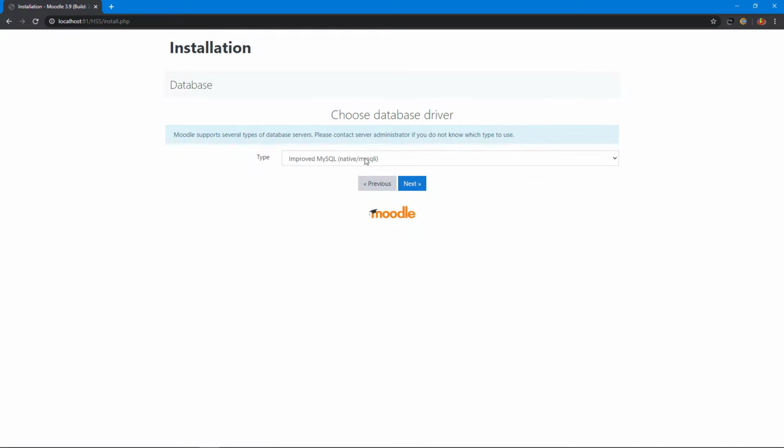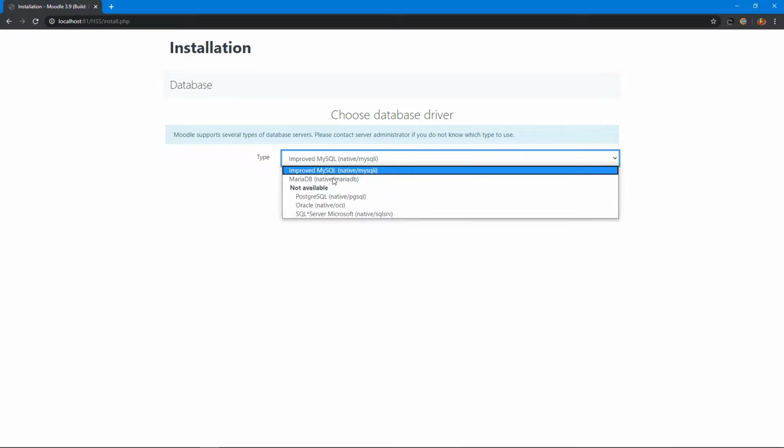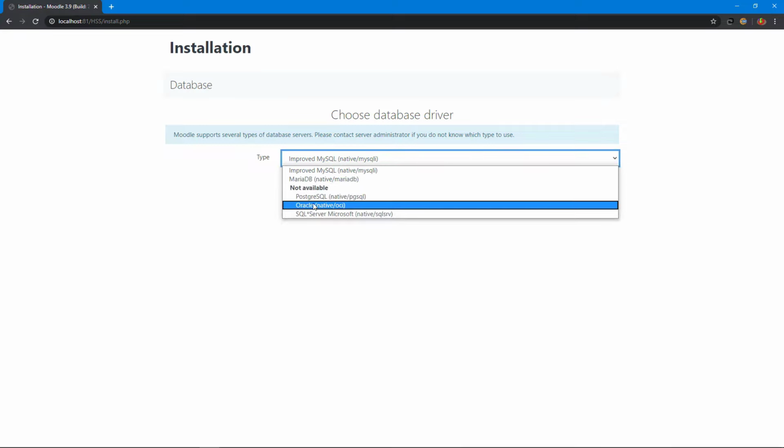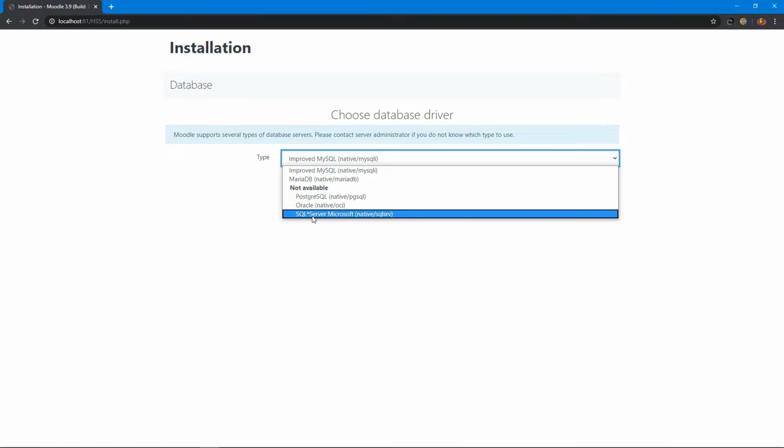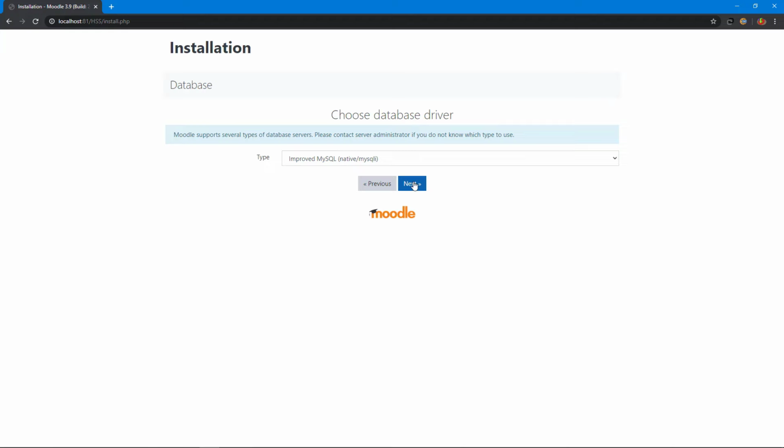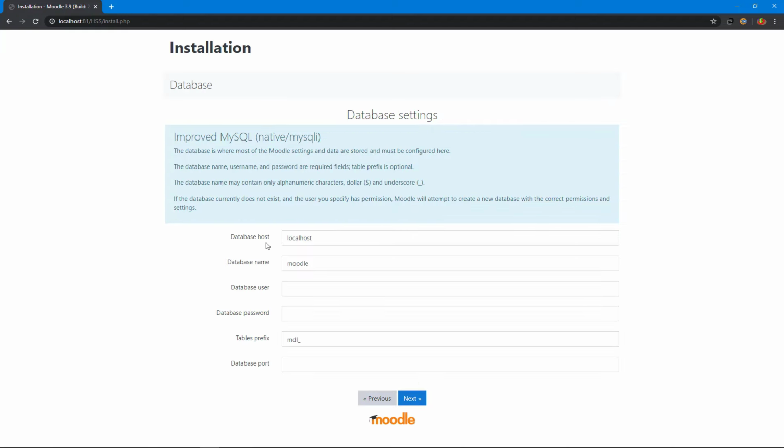Database server. My database server is MySQL. You can choose MariaDB. Also you can select PostgreSQL, Oracle or Microsoft SQL Server. Now I click next. This is the database host. Our current database host, localhost, is correct, so I leave it.